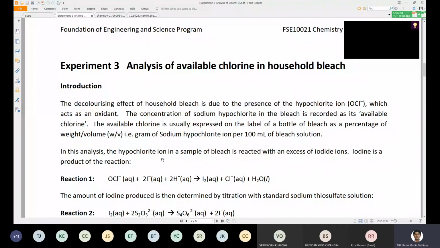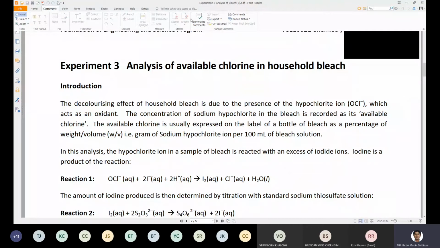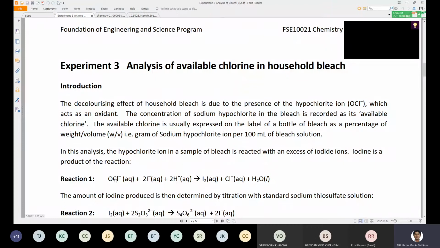Okay, so the main agent in the bleach that causes that is the chlorine or chloride ion, all right? But chlorine gas is very toxic and it cannot be handled in the household. It has to be handled very carefully in extreme conditions. So chlorine cannot be used in the household, but chlorine is needed to do all those things, to clean up the